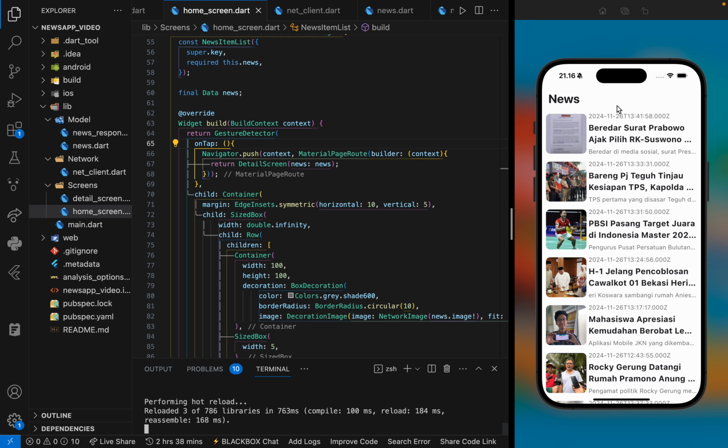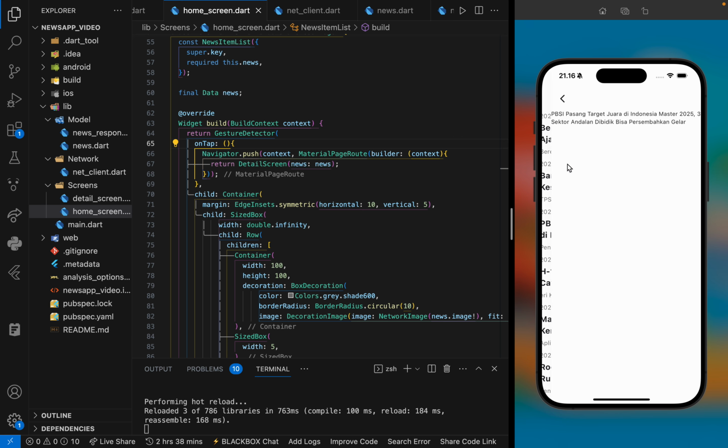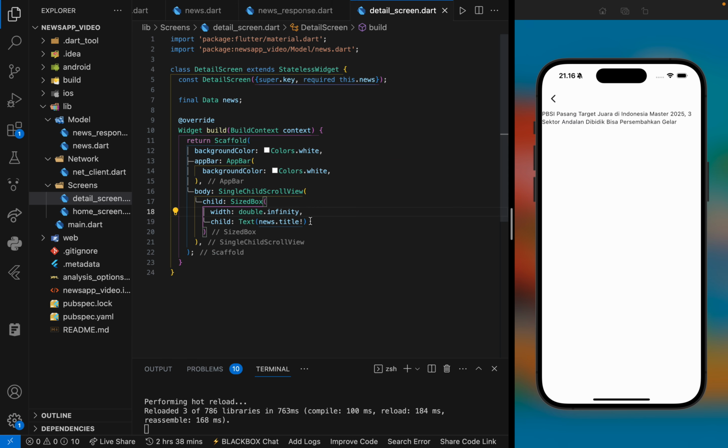Okay, now press one of them and see if the title is the same as the home screen. See? Okay, looks like it's the same. Great. Happy news. Now we're going to edit the detail screen by